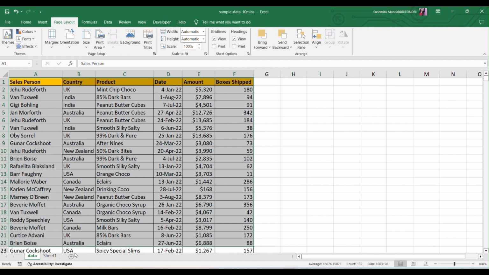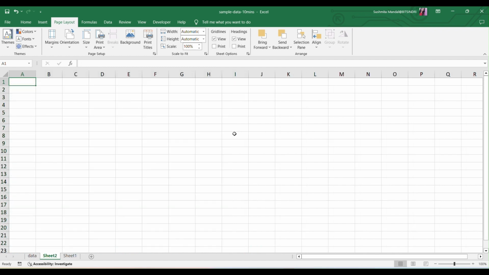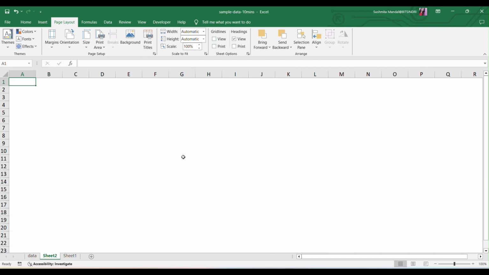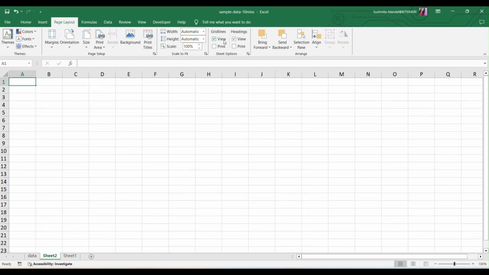And again, let's create a new sheet. Okay, so this is my new sheet and I just want a completely white sheet. So I will just remove this, and you can see that it is blank now, with no grid lines over there. So no need to worry. If you want your grid lines back, just go to Gridlines and check the